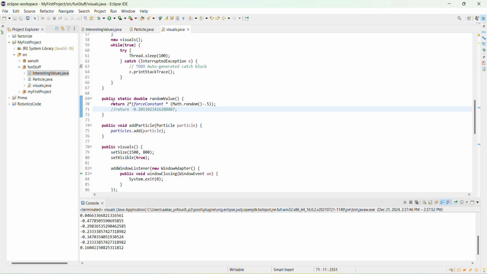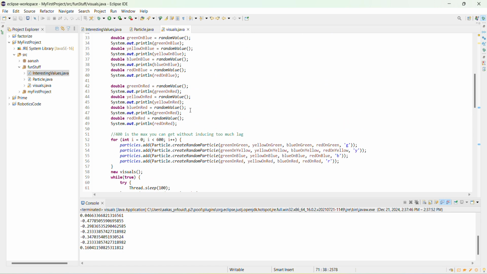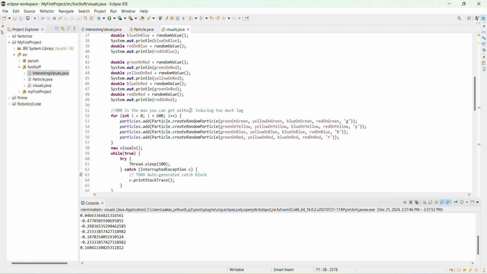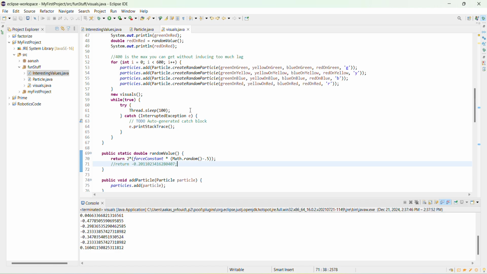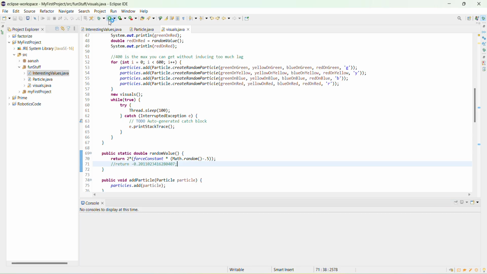I think the main issue with my code right now is that this return will return a random value from, I believe, -1 to 1. I'm not entirely sure about that, but I think it's -1 to 1. But the problem with that is sometimes you'll get a value that's really close to 0. So some of the particles won't interact with other particles at all. So if anyone has a good solution on how I can make it so that I always have a value